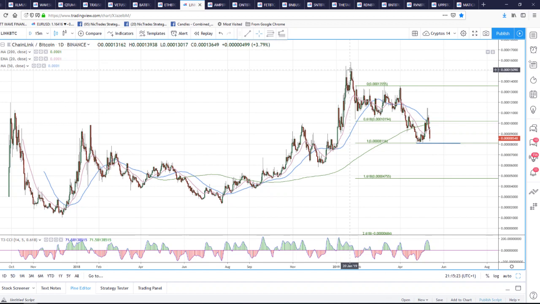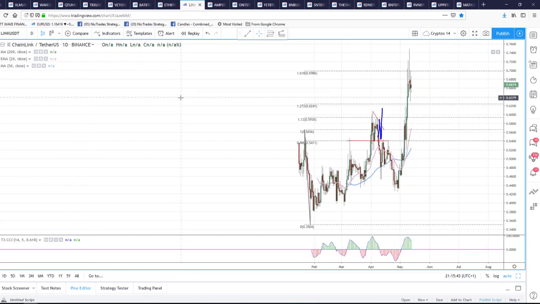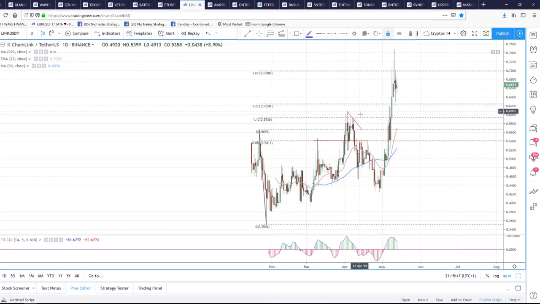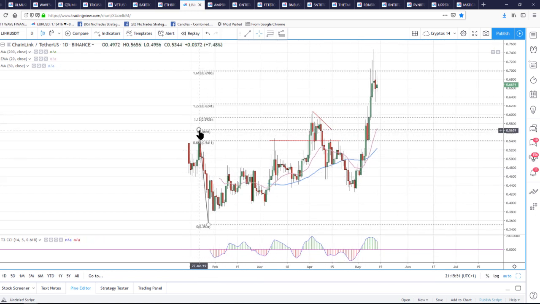So Link and Basic Attention Token are two where, you know, we should add them to the ones that go after the majors, holding up really well. So that's Link Bitcoin. Let's see Link US dollar before we carry on, or Link Tether. Look at this, right up there, holding at highs. Now this 618, when you do fib projections, so I did this from the first swing, from the high to